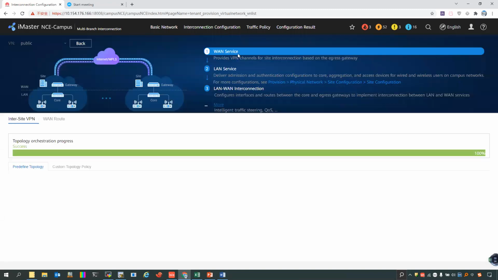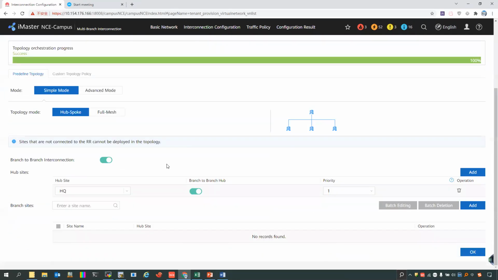And for the WAN survey, we need to choose the topology mode, which is hub and spoke. Actually, for this VPN virtual network, we don't need to configure this part because it doesn't have the requirement to communicate with other sites, all right? But I will just demonstrate how to configure this part. For the topology mode, we need to choose hub and spoke, and we need to